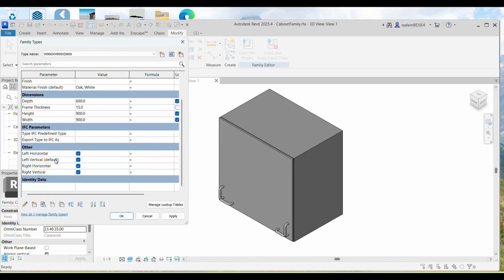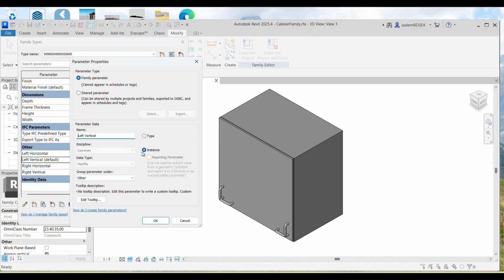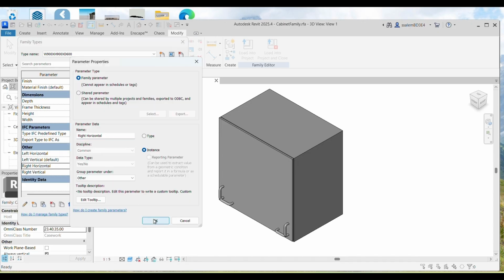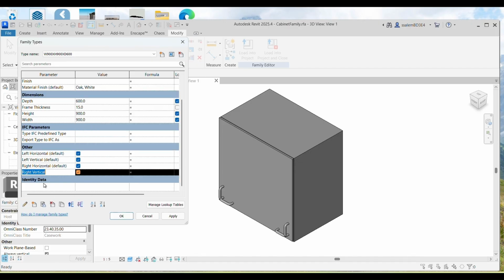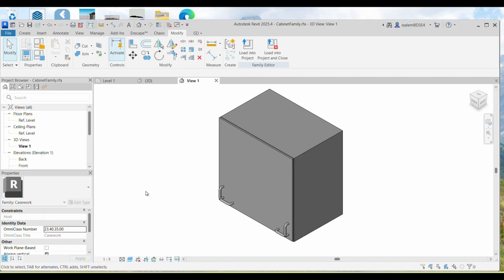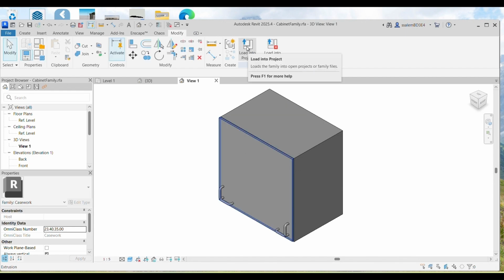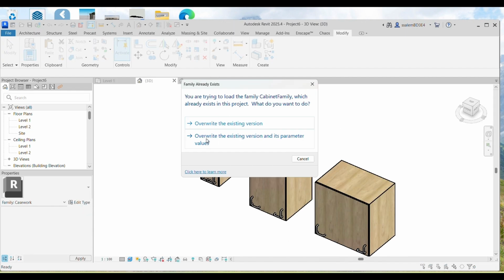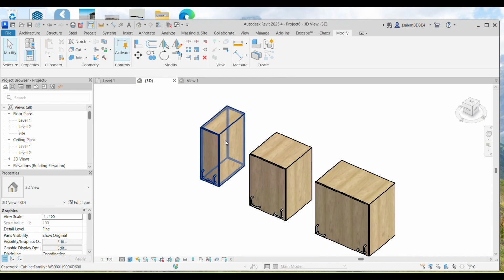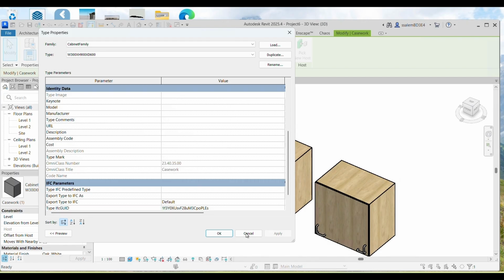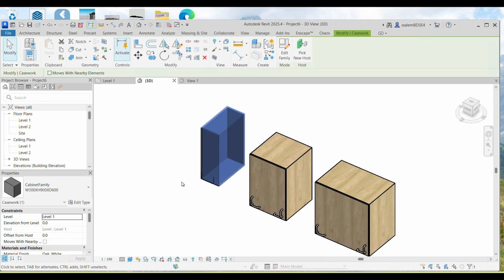And I just remembered I have to go and fix that, change it to an instance parameter, because I think, yep, so that needs to be changed to an instance parameter. So does the other 3 as well. Okay, perfect. So I'll need to just save that again and load that back into the project, overwrite the existing with the parameters, and now I should be able to select,